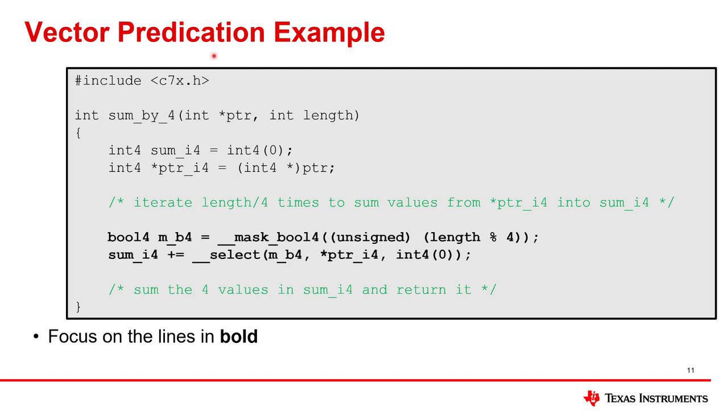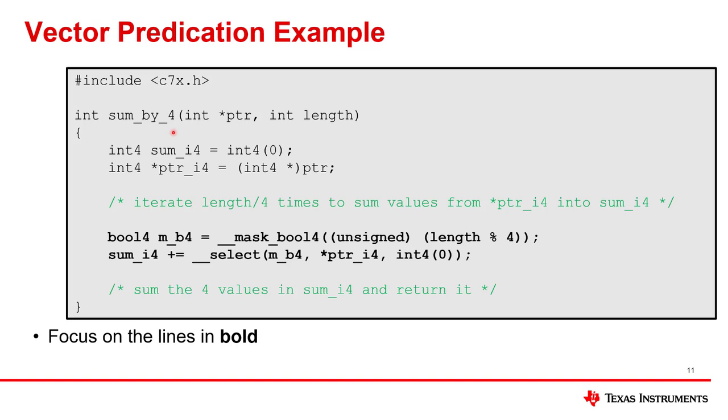This next example is about vector predication, and the key lines of this example are in bold, but first I'm going to describe the lines that are around it. Please understand these lines are more descriptive than precise, as opposed to the lines in bold, which really are precise. This is very typical of what you would write. This other code, it's really not. What this function does is it sums up all the integer values starting at this base address for that many values, and returns it, and it does it 4 at a time, using vectors with 4 elements.